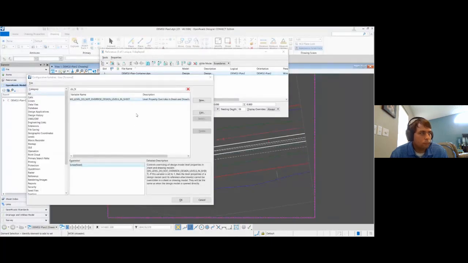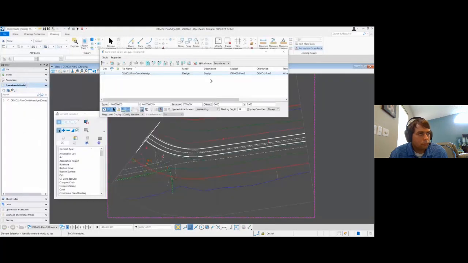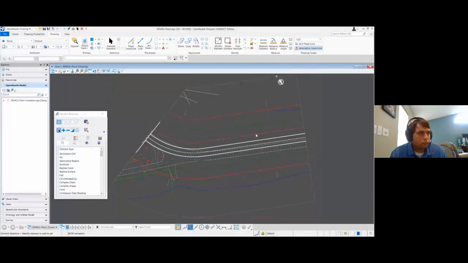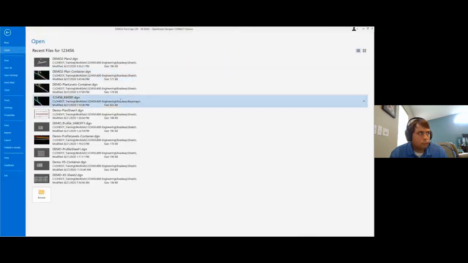Okay, so I reloaded that, and you can see it is no longer defined. And display override is still set to always. So we're taking that out of the question right now. So what I'm gonna do is go back to my container file,